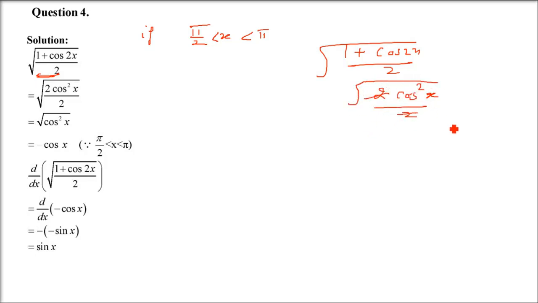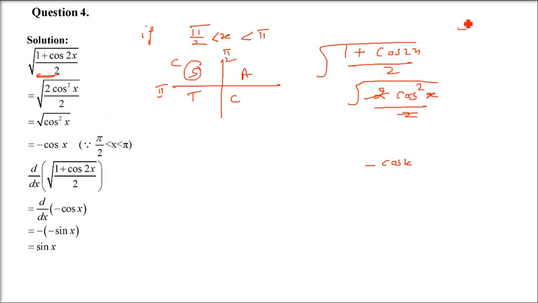Okay. Now see. Again, minus x square and x square, they will both give you x square, because minus square is always 1. Now if I take you to the quadrant, this pi by 2 and pi means we are talking about the second quadrant. This is pi by 2, this is pi, second quadrant. So cos is negative here. That means we are going to get minus cos square x. Okay? It's basically minus cos x whole square.